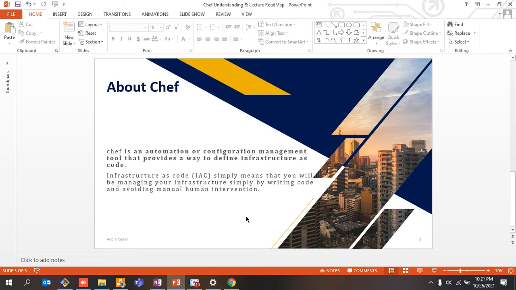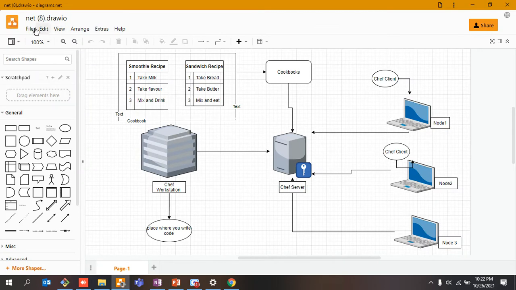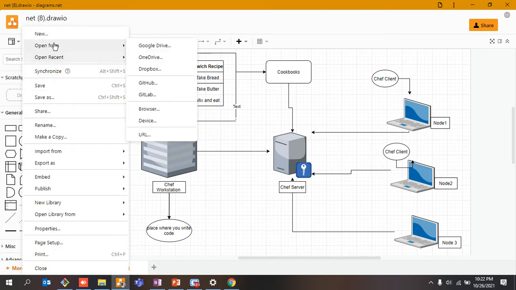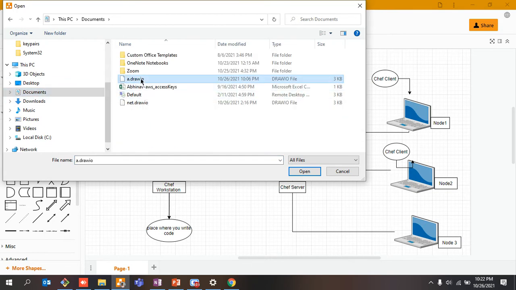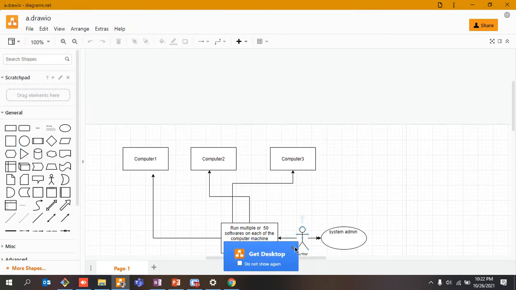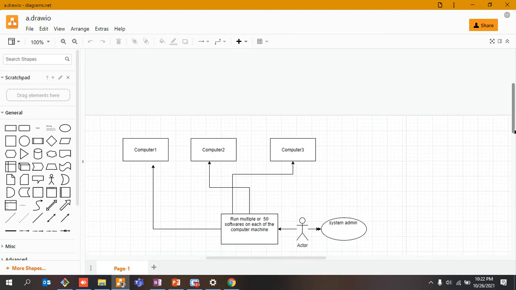So now moving back to the second example, guys. Allow me to open the diagram which I have made, so that it becomes easier for you to understand what I'm talking about. Actually, I wanted to make these diagrams in front of everyone, but it took a lot of time to create them. I'm not very good at it. Okay, so without wasting time, let's try to understand this scenario so that you understand what Chef is all about, right?